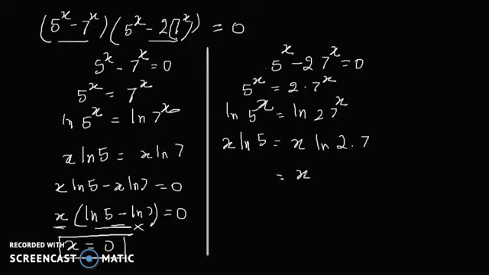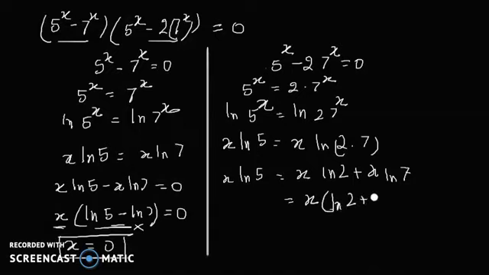Then we can rewrite it as x ln 2 plus x ln 7, and here we have x ln 5, and further applying the principle of logarithm, we can rewrite it as x (ln 2 plus ln 7),